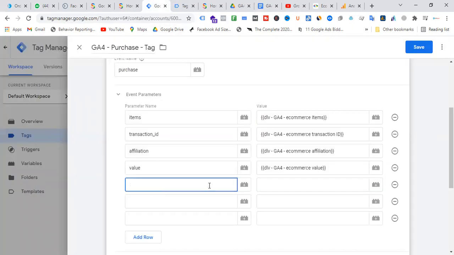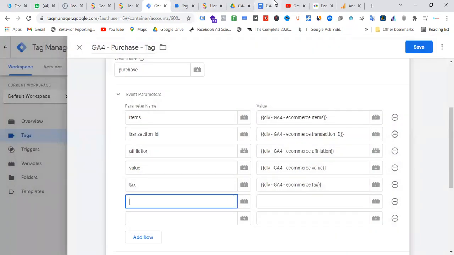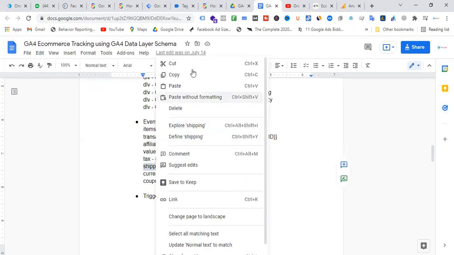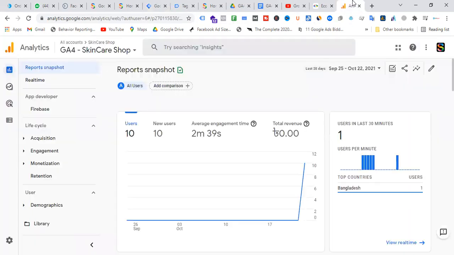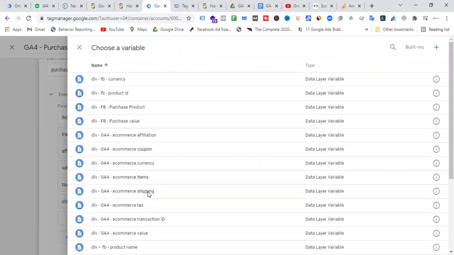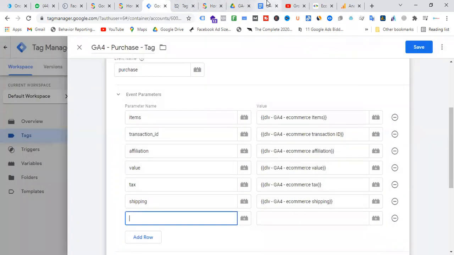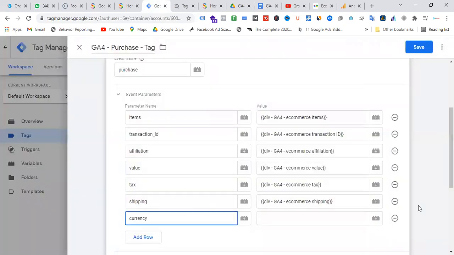Now tax. I'm just selecting here tags. Okay. Now shipping info. We'll see all the information in the Google Analytics source after some time. So shipping info, shipping. Now we have to use currency.